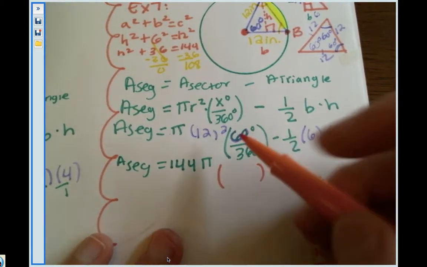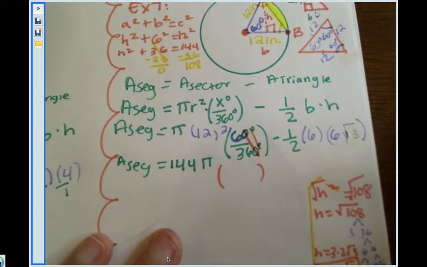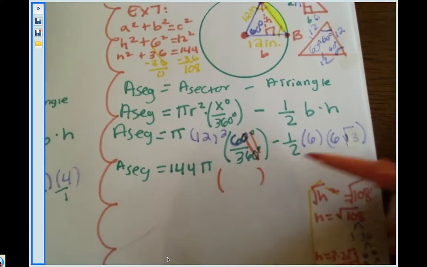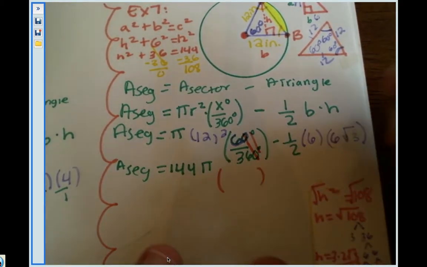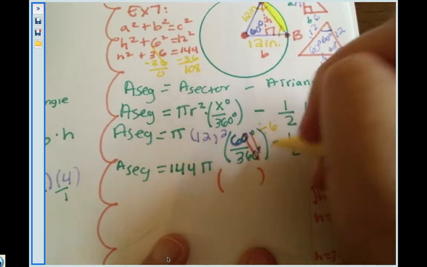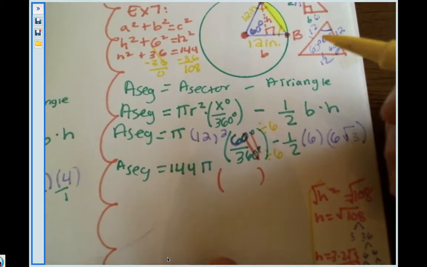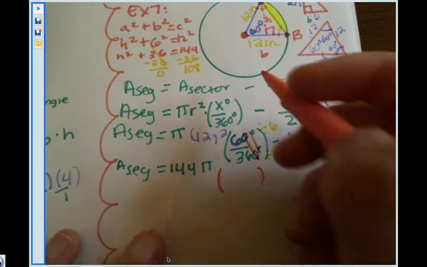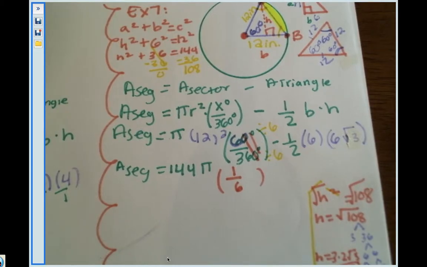All right, so if I divide both of these by 10, the 10 will go away, same with my degree. So it's 6 over 36, which what divides into 6 and 36? It is 6. So I'm going to divide both of these by 6, which 6 divided by 6 is 1, and 36 divided by 6 is 6. So this is 1/6 of the total area. All right, let's keep going. Then it's going to be minus